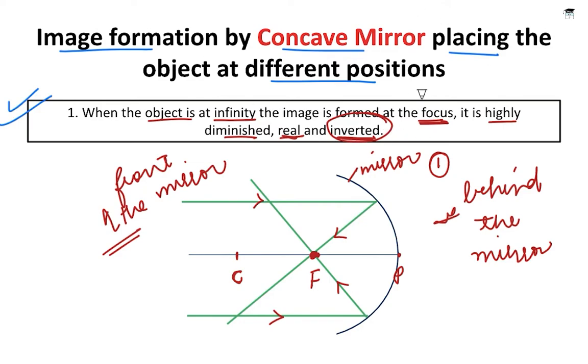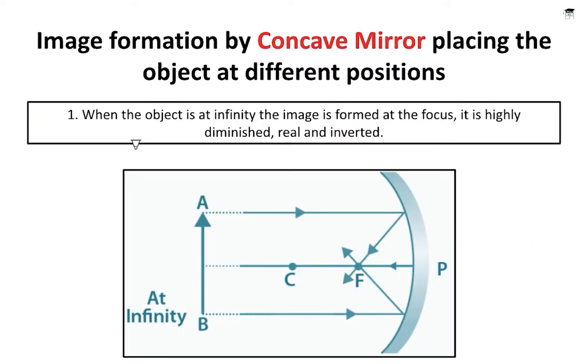Okay. So it was so easy, right? You just have to choose two rays of light and then you will follow the rules of those rays of light and you will get your image. So here is an image of the case we just did. When the object is at infinity, image is formed at the focus, you can see here. And you can see here that the light rays which are coming from the object are parallel to the principal axis.